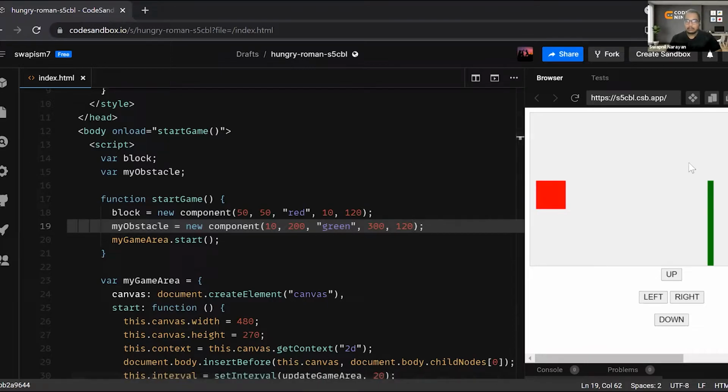So you can see the obstacle has come up and this is also there. So I can play with this one. You can see I can go down and it is hitting the obstacle, but it is going that way. The obstacle is not obstructing it. It is going past the obstacle, but I don't want that. I want that whenever it is hitting the obstacle, its velocity will become zero, right? What will happen? Its velocity will become zero, right?